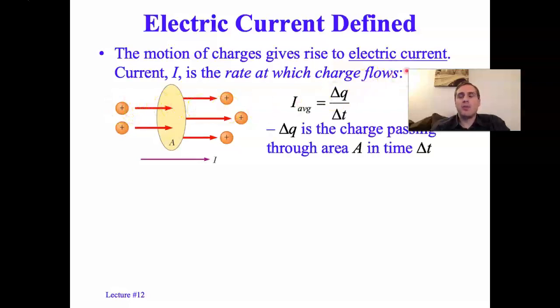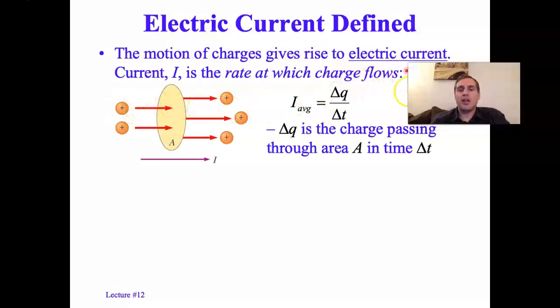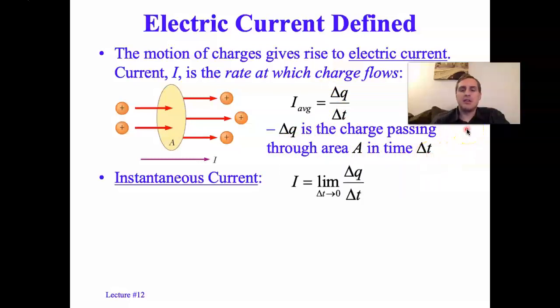So the equation for average electric current is going to be the change in charge over the change in time. And delta Q is the charge passing through some cross-sectional area A and some time delta T. So if you want the instantaneous electric current, that is the electric current at any moment in time, you need to take this expression and take the limit as the time interval goes to 0. Now this leverages calculus. So this is going to be dq dt, and that's the time derivative of the charge